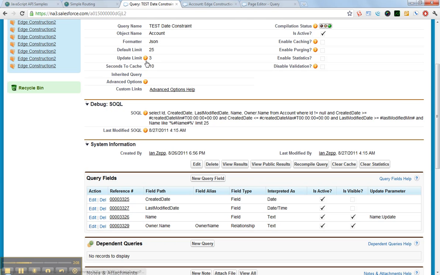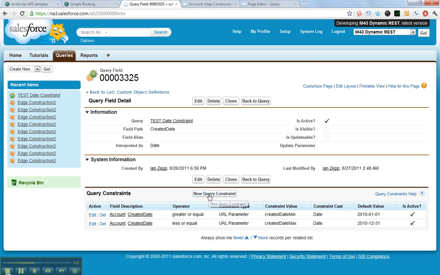The other change I want to discuss before I get into updating is default values for constraints. So if we look at the created date field here, a couple of things that we can do now. This wasn't actually working before, so this is a big improvement. We could always do constraints on text fields, but constraints on date fields was broken because the parsing code wasn't working properly. I fixed it, and so now you can do things like pass in a URL parameter, in this case we'll call it created date min, and pass in a date value,